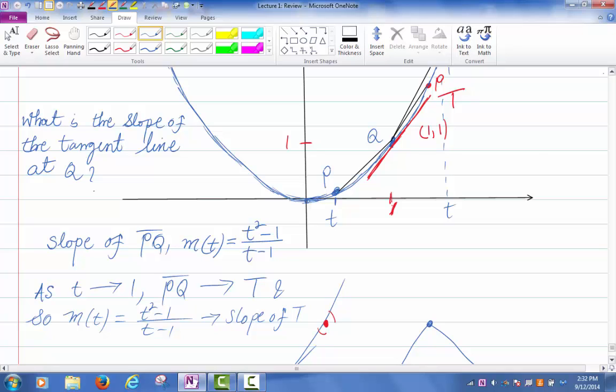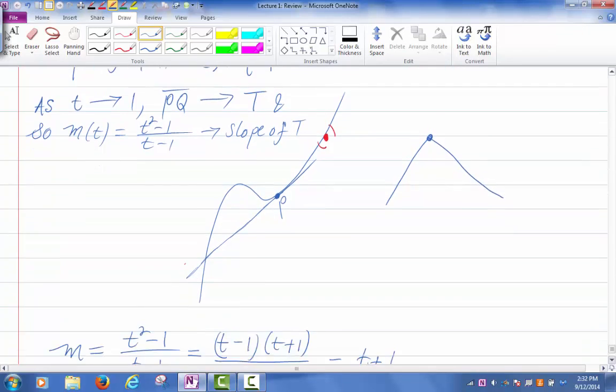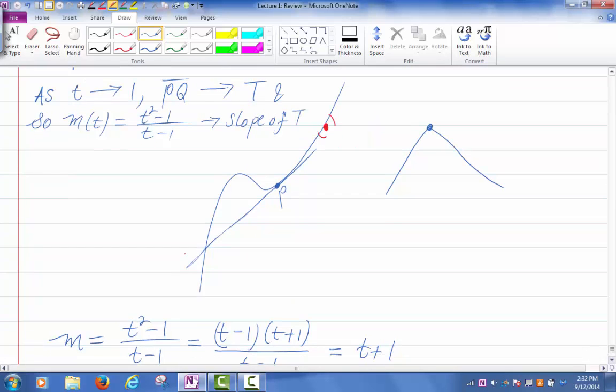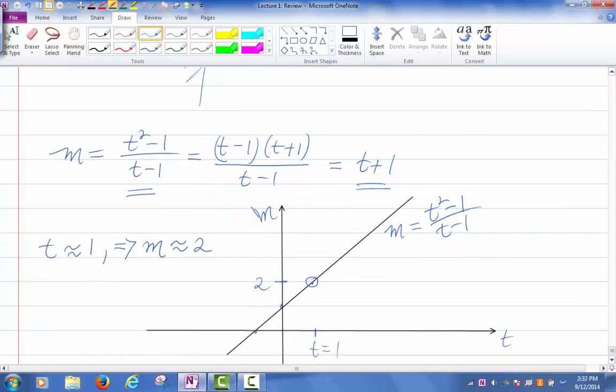But right now I'm saying at a point on the curve I have a tangent line if whatever the slope function is at that point, like this, (t squared minus 1) over (t minus 1), approaches a number when t approaches 1. Is that making sense? And what's the slope? Well, the slope is given by the limit of this ratio as t goes to 1. So because we see that (t squared minus 1) over (t minus 1) is close to 2 when t is close to 1, we write